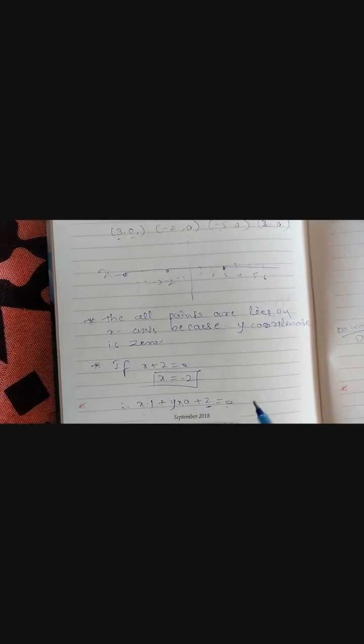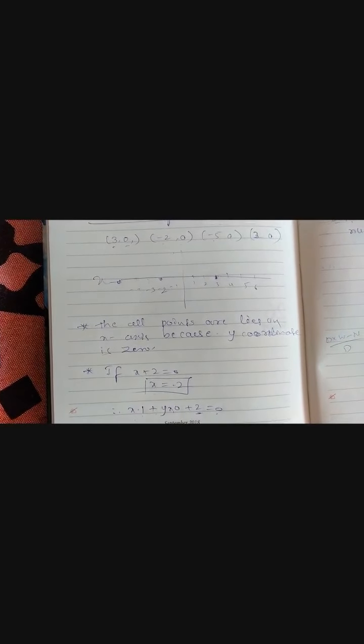Based on this one, we'll see the last small exercise, children. Then, how to represent the given coordinates on the graph paper, in one variable and in two variables. See the question, children, exercise number 4.4, first one. Give the geometrical representation of y is equal to 3 as an equation in one variable and in two variables. See, the first one is what they have given here: y is equal to 3.